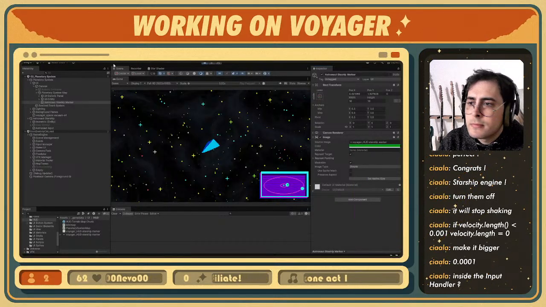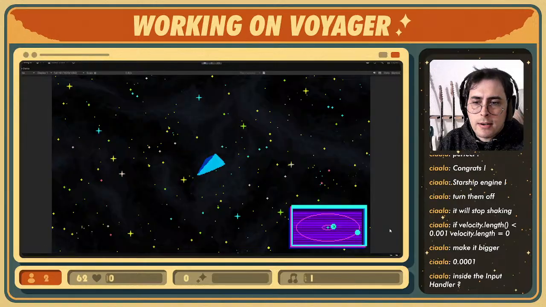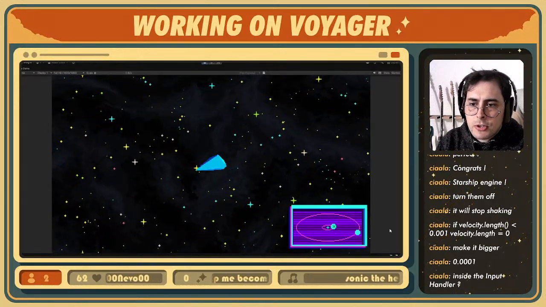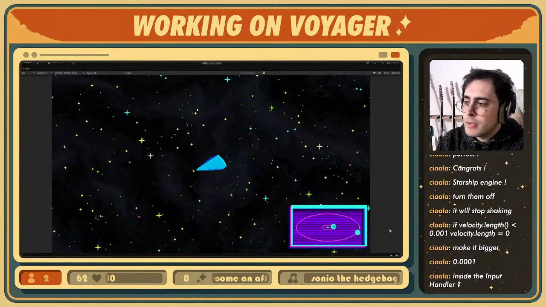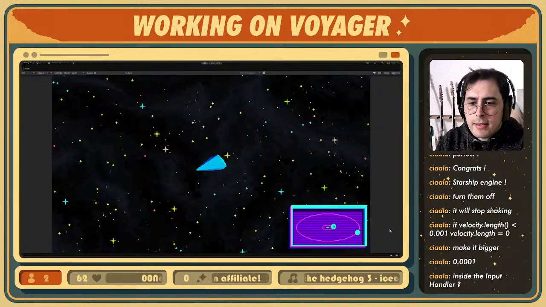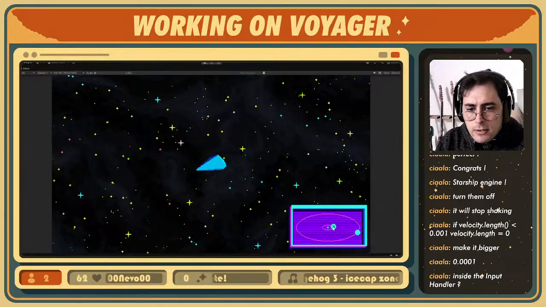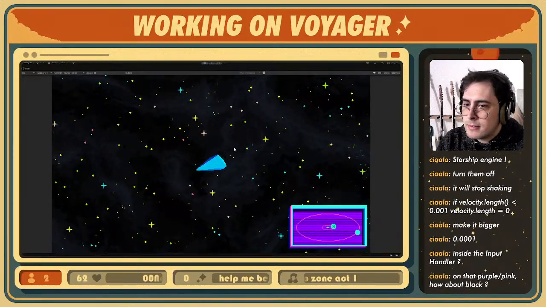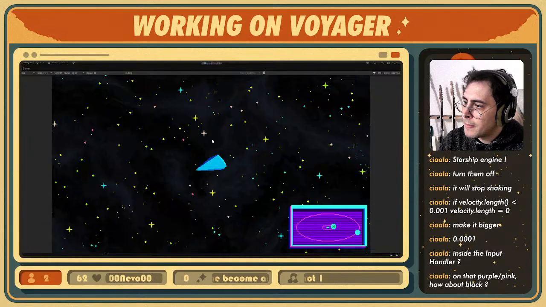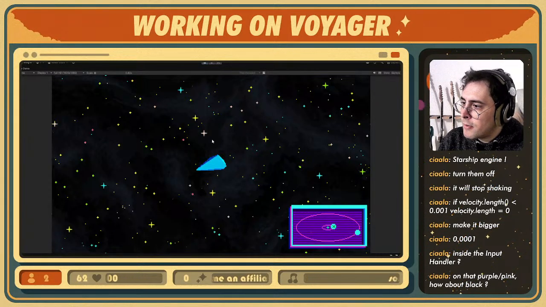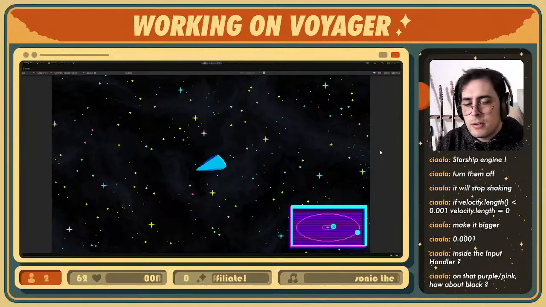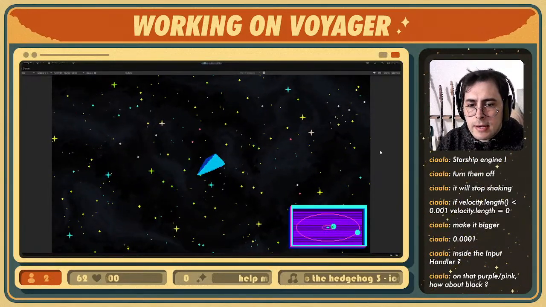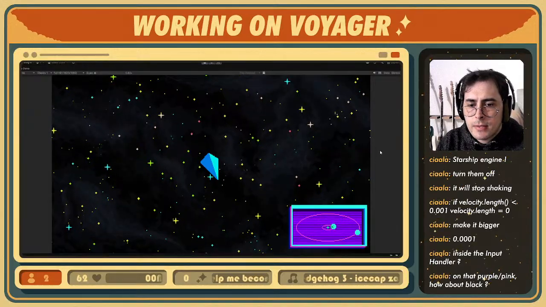Maybe this one. You can see there, the starship is pretty close to the planet, so there's something I don't really like, and that's like here you can see I'm literally on top of the planet, and I'm not even seeing it here. On that purple, pink, how about black? Yeah, it could work. So okay, let's move it, well, in fact,